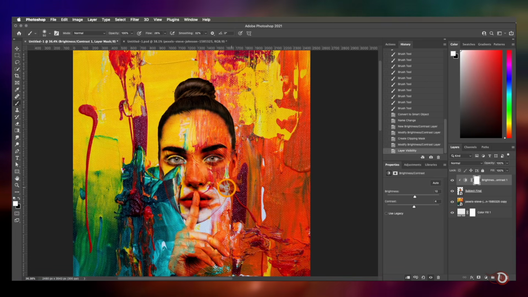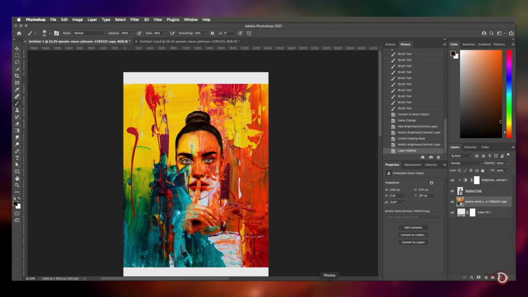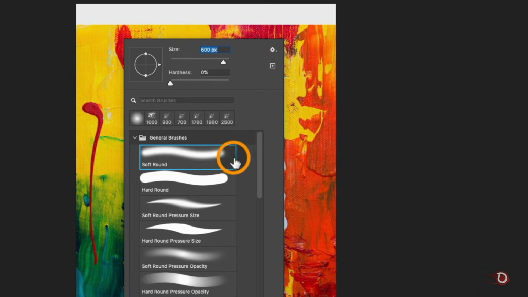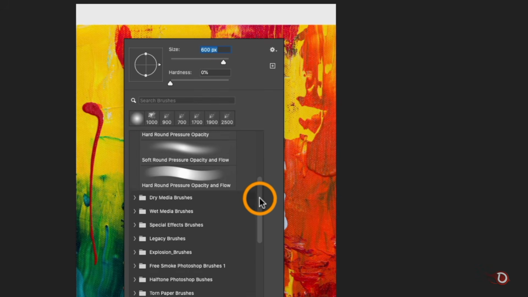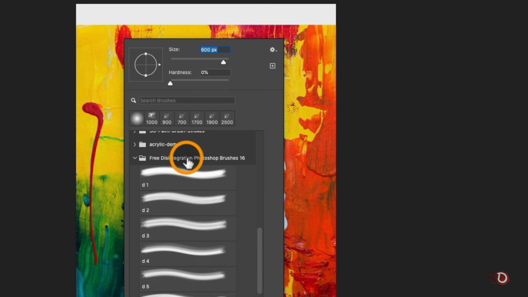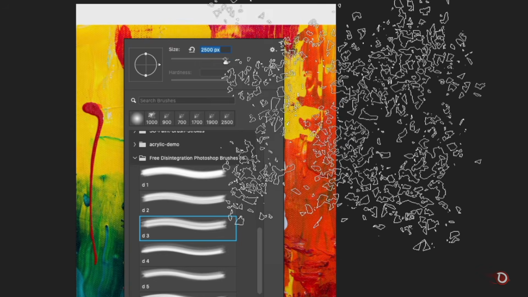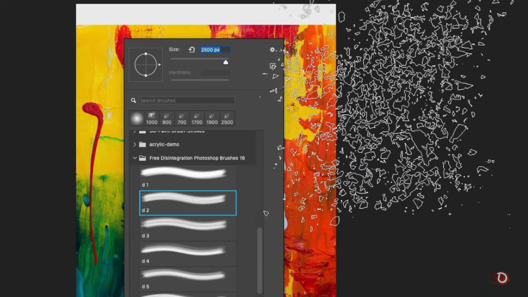Now we will be turning back on the visibility of the duplicate painting layer we created earlier, which was placed below our subject layer, and add a layer mask to it, and grab the brush tool again and open the brush settings, and this time I will be selecting a custom brush which I have downloaded from brusheasy.com. I will leave the link in the description. It's called the Disintegration Photoshop brush, and the best part is it's all free. It's a collection of around 12 to 13 brush designs, and you can select any one of them or also